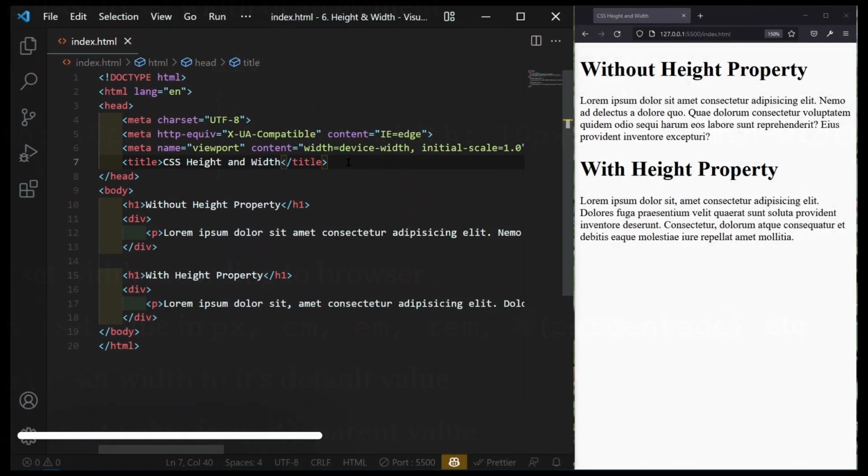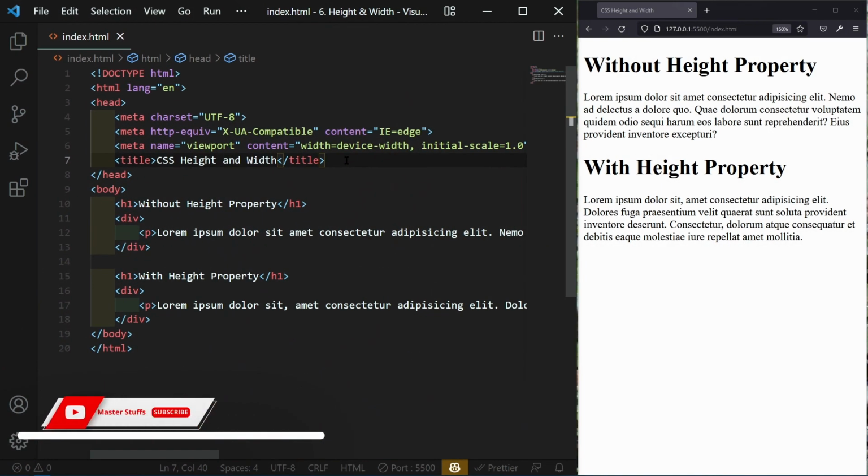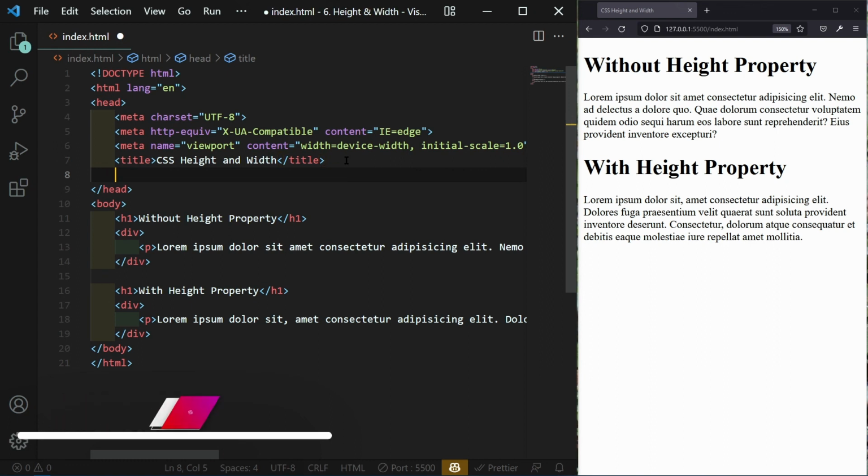These are all width. As you can see here, I opened Visual Studio Code and wrote a basic HTML boilerplate. I opened this file in live server. As you can see here, the title is CSS height and width. So first we see the CSS height, after that we see the CSS width. First I take an h1 heading, after that a div tag. In between the div tag I take a paragraph tag. I take two, so that you can see the difference between applied height and non-applied height. So let's type this. I am writing the CSS property in this file. You can also write it in an external file and link it here.